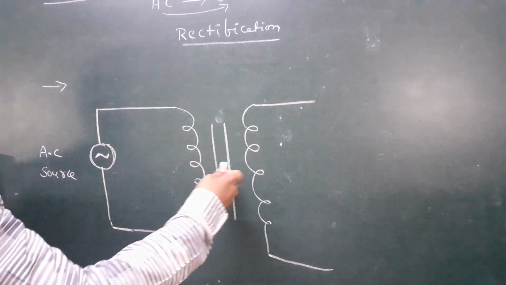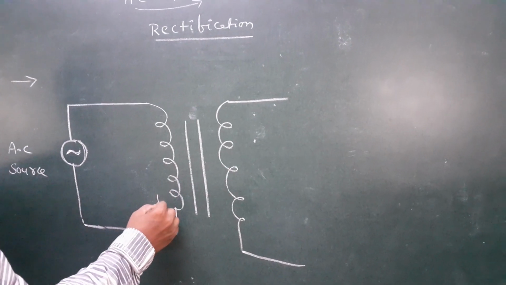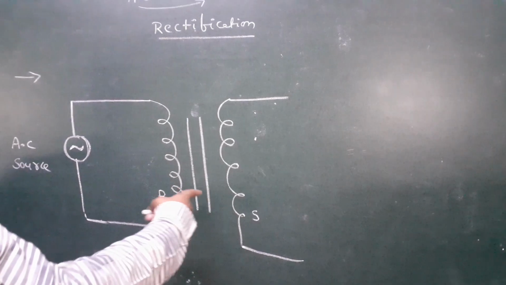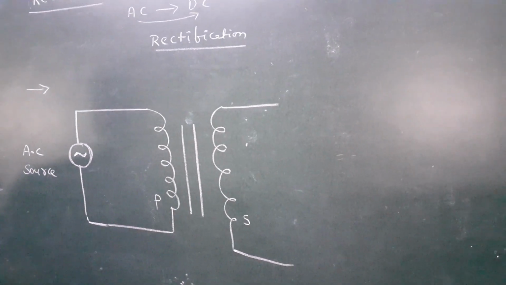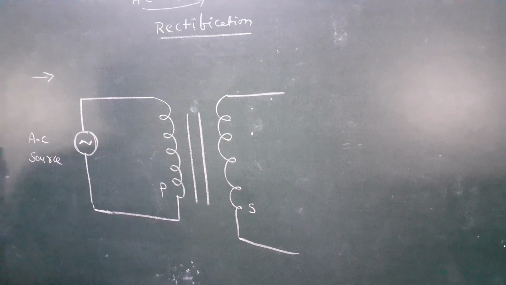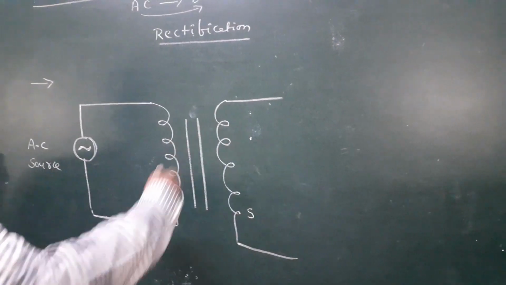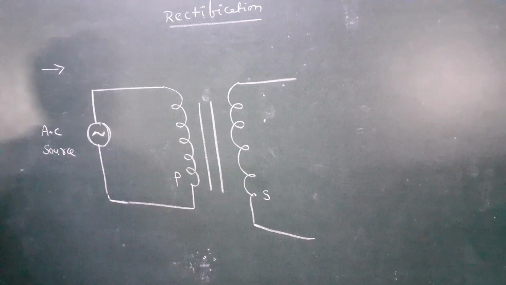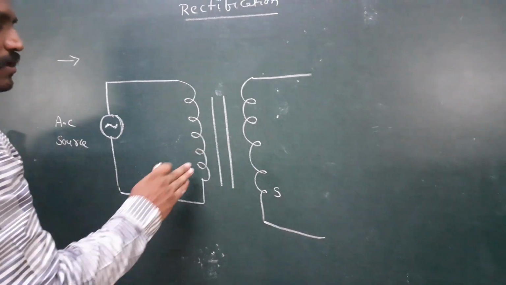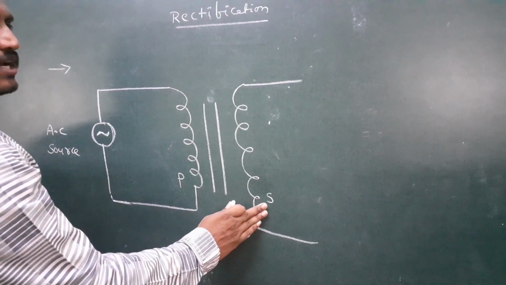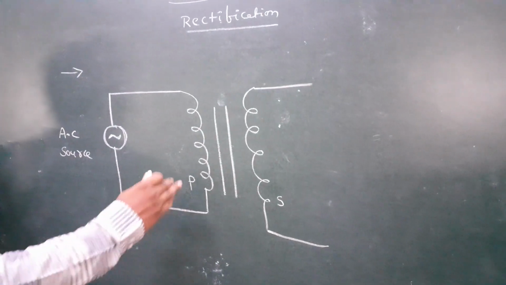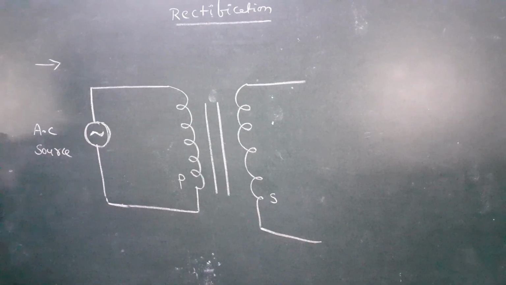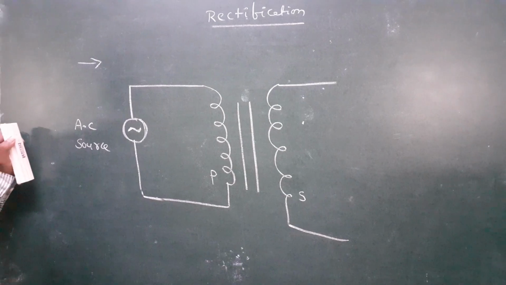Okay. This is the symbol of a transformer now. A transformer consists of 2 coils, primary coil and secondary coil. What is the use of a transformer? To transfer the current from one place to another place with the phenomenon of mutual induction. Once again, nana, this is the transformer symbol. This is the primary coil. This is the secondary coil. What is the use of a transformer? To transfer the current from one place to another place by the phenomenon of mutual induction.